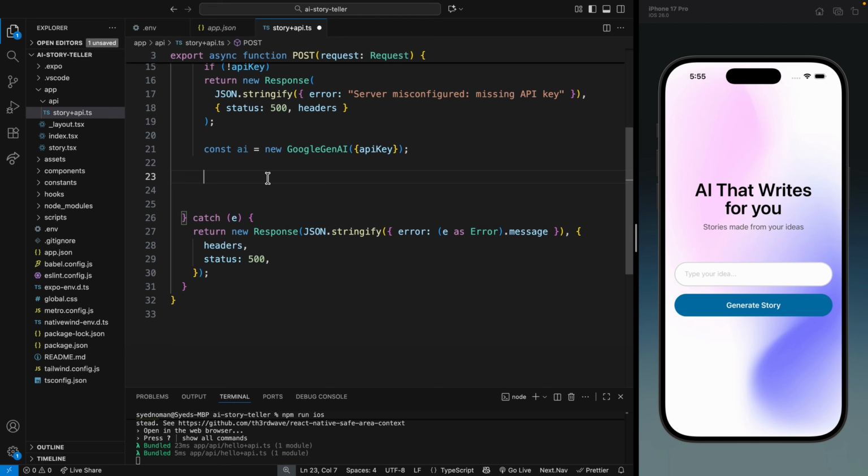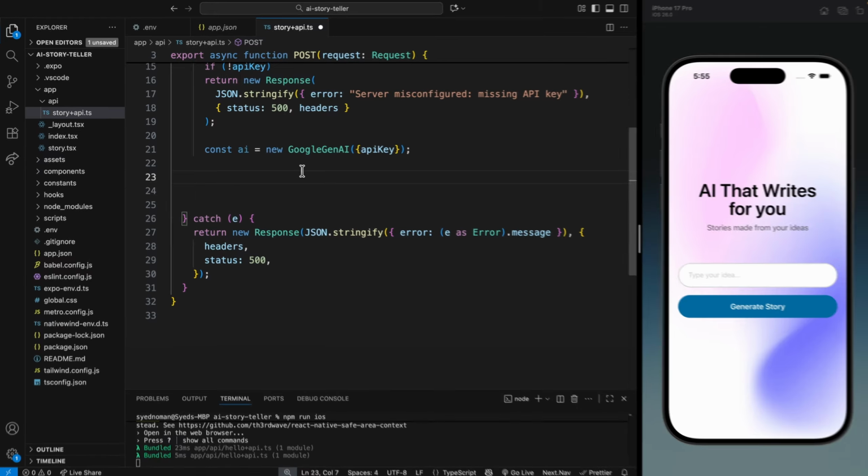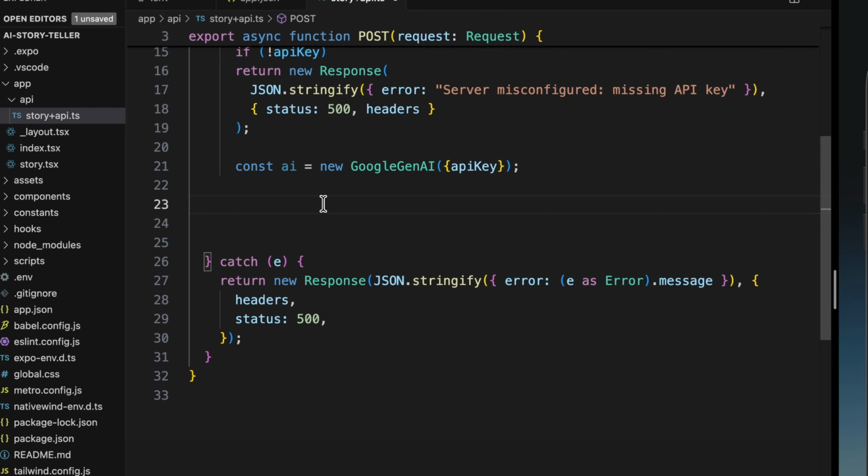Because we're not going to use image generation from Google, that's not free, and I wouldn't tell you anything that's costly. So all of these services that I'm going to use are mostly free, and you can use them in your own projects. So that's why I'm going to use another service that will help us generate images, and the limit for that service is 100,000 images per day. So that is a lot. So I'll be using that service, and I have another video showing how you can create your own service for that. So we'll come to that later, but now we need to create a prompt that will get us a